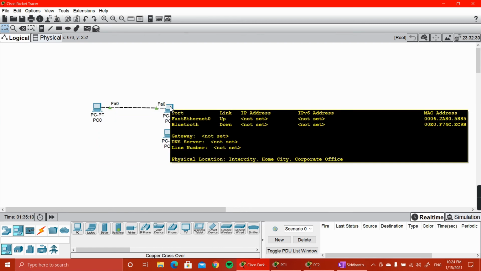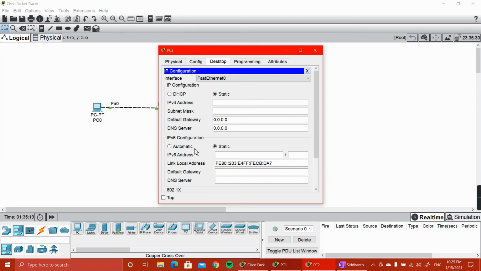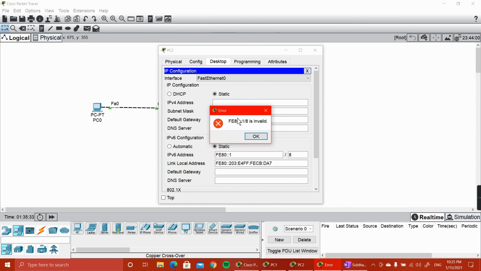So the IPv6 address is not set yet, but you can communicate between two PCs without any IP addresses using these link local addresses. If I try to give a link local address here, FE80, then 1, and 8, you can see it says this is invalid.